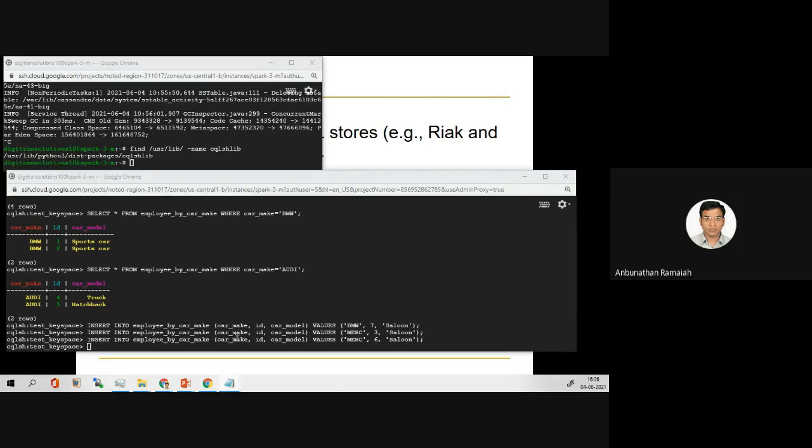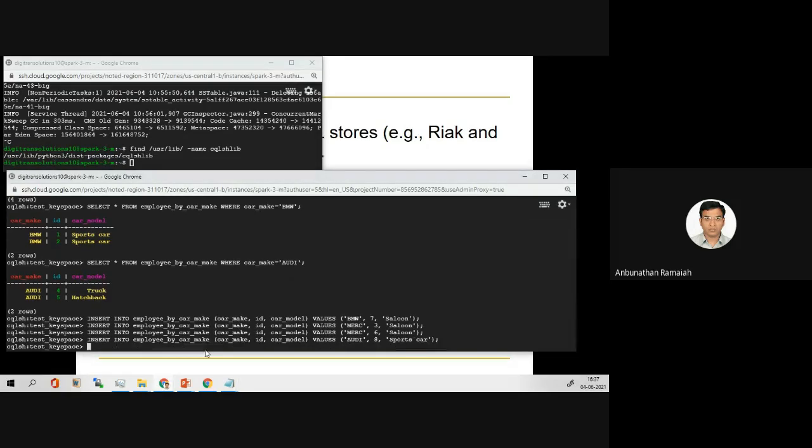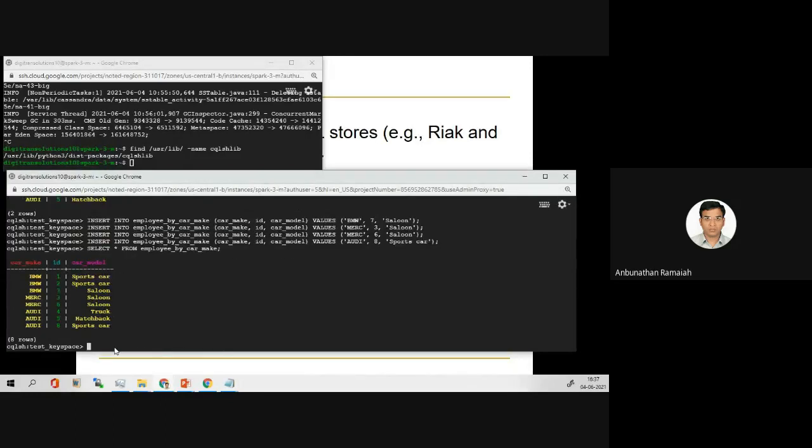So now we'll see how many records are there. Select star from employee by Carmack. See here, totally 8 records are there.